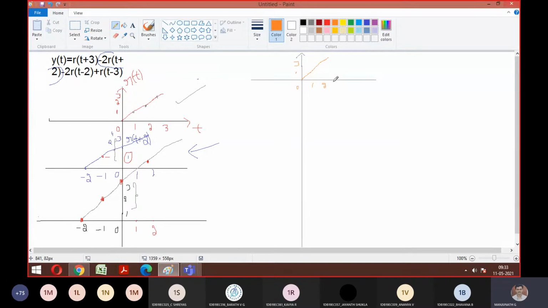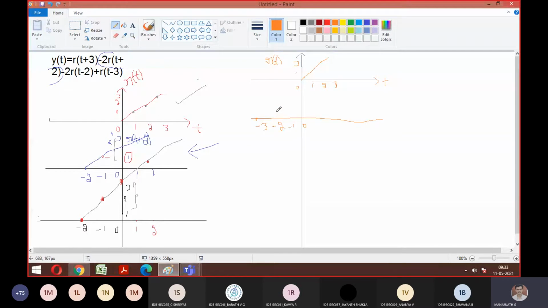So first category is over. So next, what is there? It is r of t plus 3. So r of t plus 3 means we should give a delay with respect to the negative side: minus 3, minus 2, minus 1, 0. Okay? So it means the signal will go like this. See, for minus 3, amplitude is 0. If you want, you just make a point like this, what I'm making, then it will be easy for you. So for minus 2, it is 1. For minus 1, it is 2. For 0, it is 3.